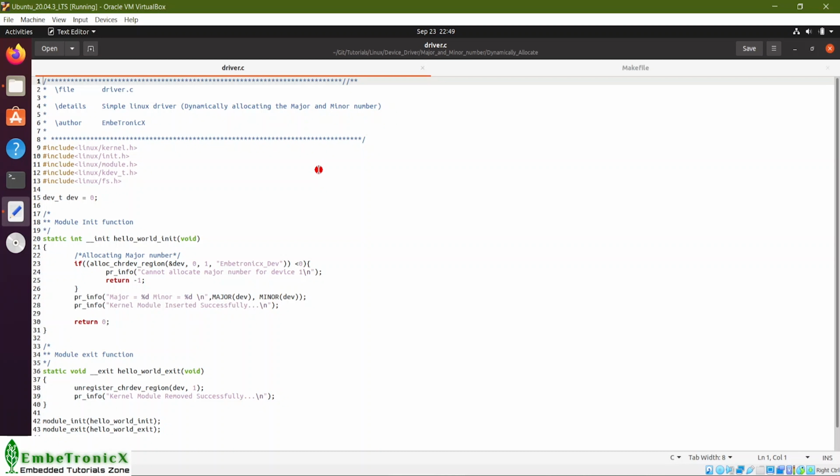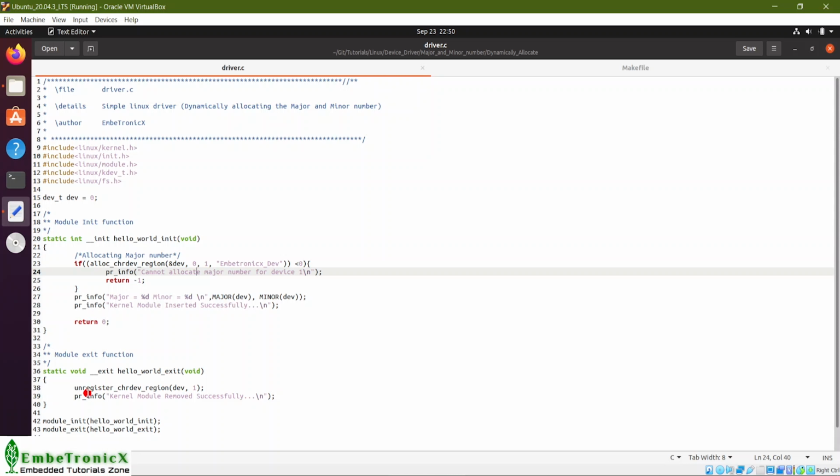In this code, we are allocating the major number and minor number dynamically. alloc_chrdev_region is called in the init function and we are passing the address of the dev_t as a first argument. Then, starting minor number is 0, the count is 1 and the name is Embetronics dev.